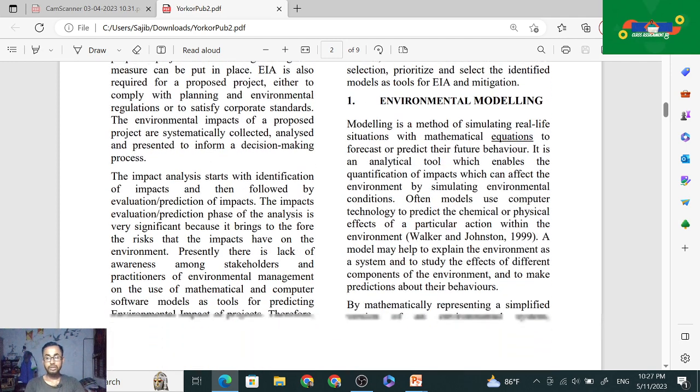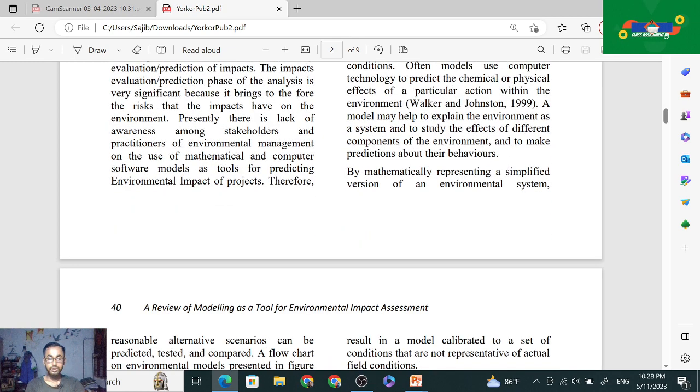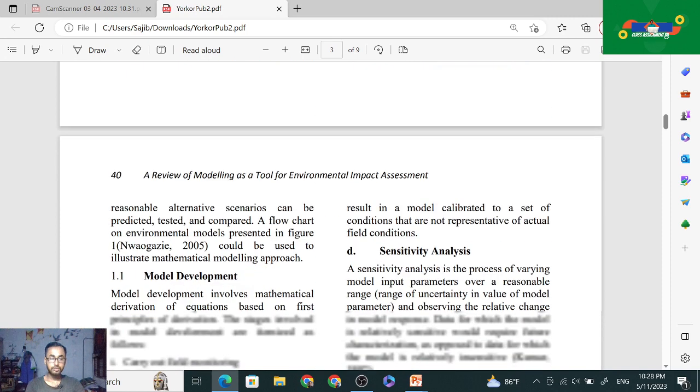Models use computer technology to predict the chemical and physical effects of particular actions within an environment, and a model may help to explain the environment as a system and to study the effects of different components of the environment and to make predictions about their behaviors. By mathematically representing a simplified version of the environmental system, reasonable alternative scenarios can be predicted, tested, and compared. A flow chart on the environmental models presented in figure 1 could be used to illustrate the mathematical modeling